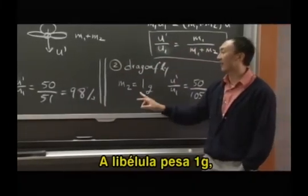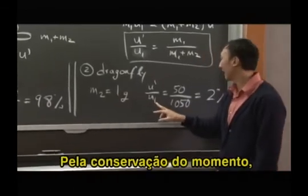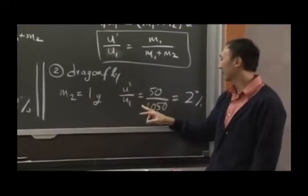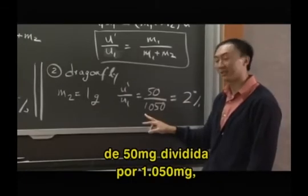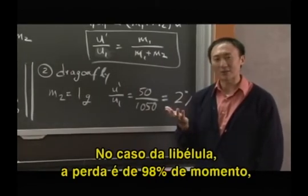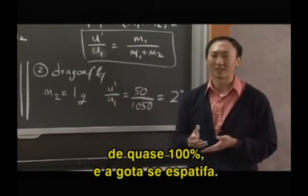A dragonfly is 1,000 times heavier than a mosquito, 1 gram. That means, by the conservation of momentum, that the final velocity, 50 milligrams over 1,050 milligrams, is only 2% of the initial velocity. So when a raindrop hits a dragonfly, it loses 98% of its momentum, or almost all of it, and it